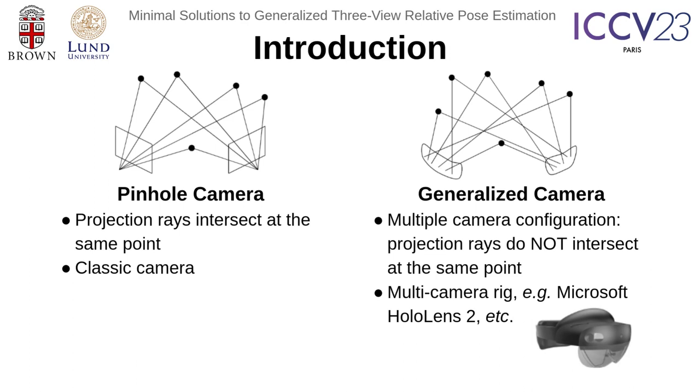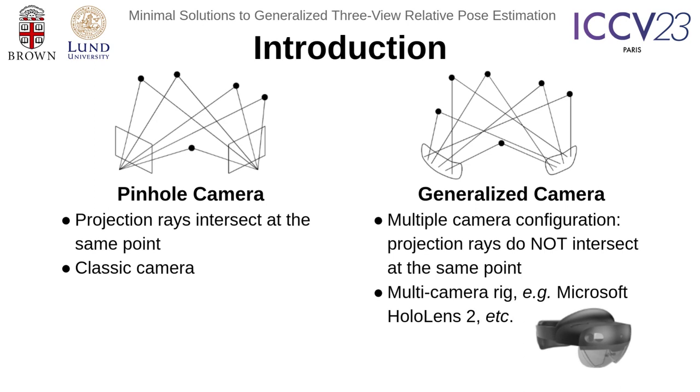Unlike a classic pinhole camera whose projection rays from 3D points always intersect at the same camera center, a generalized camera configures multiple pinhole cameras, and thus projection rays do not always intersect at the same point. One feature of a generalized camera is to make the field of view wider, enabling more potential features to be tracked. Examples of generalized cameras include AR devices such as Microsoft HoloLens or a multi-camera rig mounted on a drone